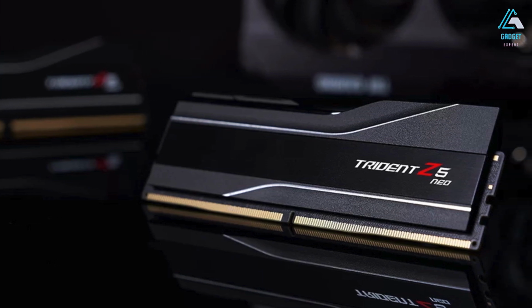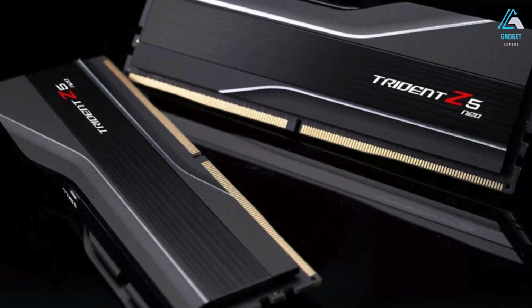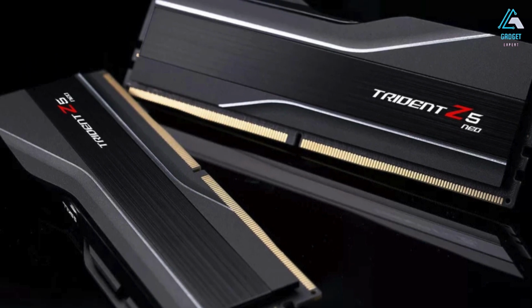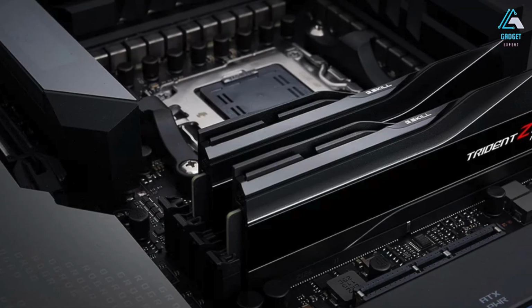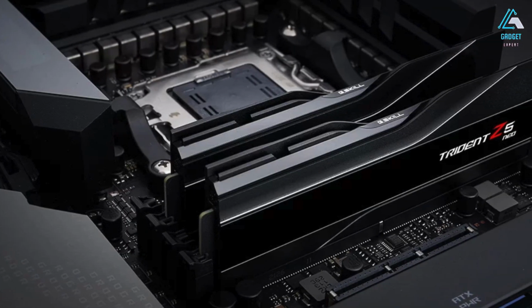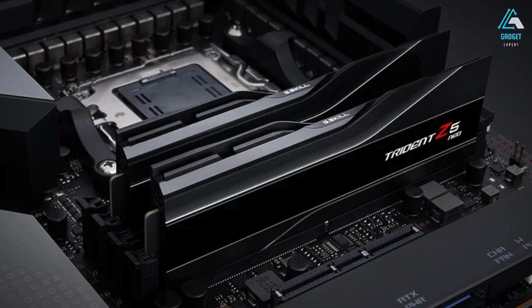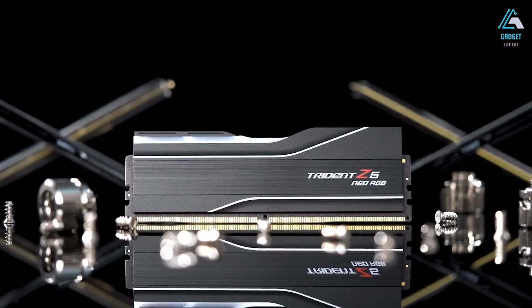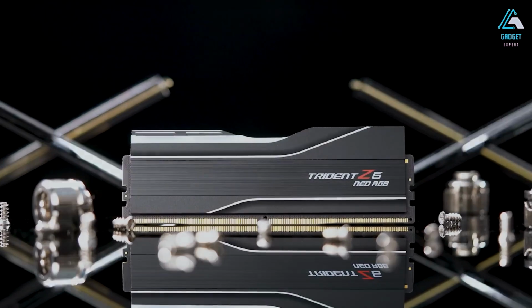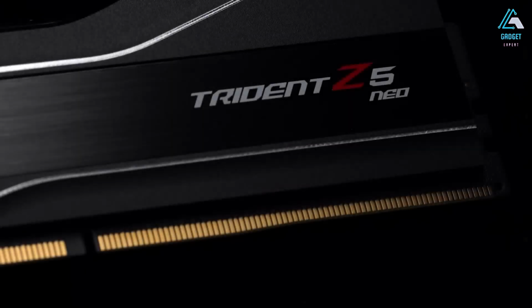The G.Skill Trident Z5 Neo is a stark contrast to the previous kit we've tested, as it dials back on aesthetics to provide a more affordable way to gain the performance benefits of DDR5 memory. Despite this, the Trident Z5 Neo still manages to pull off an intriguing design, thanks to the curved accents along the heat sinks. This RAM also focuses on AMD EXPO support, which allows anyone building an AMD-centric system to easily